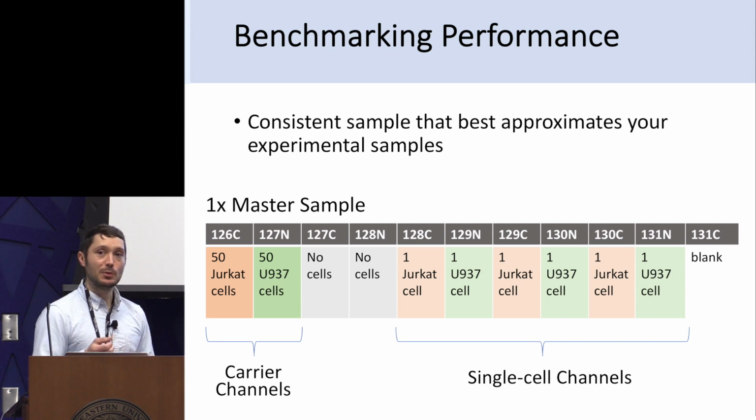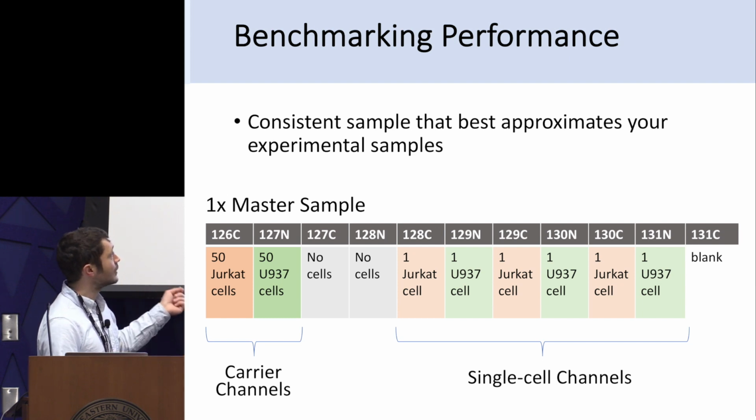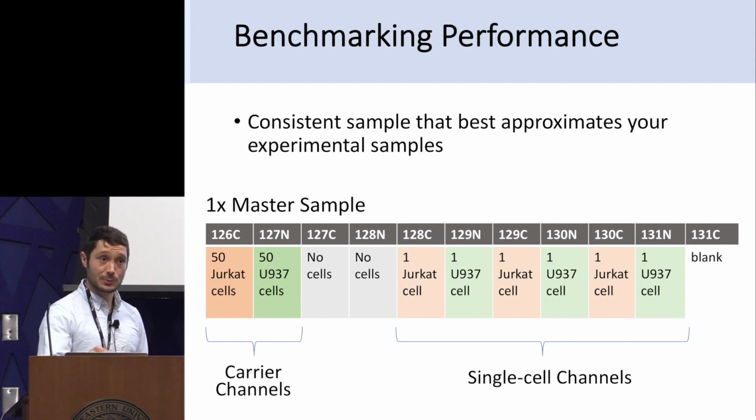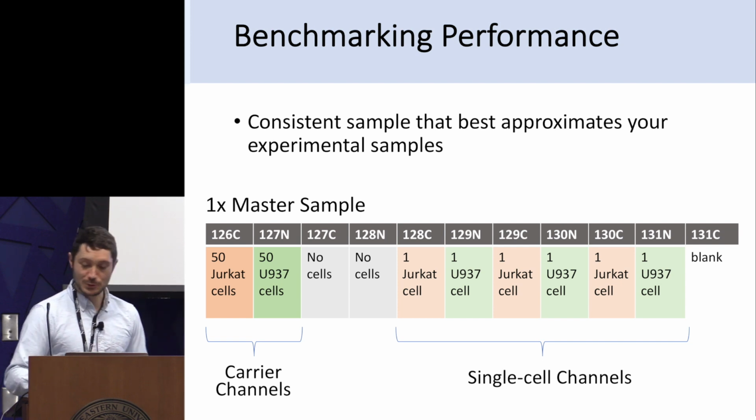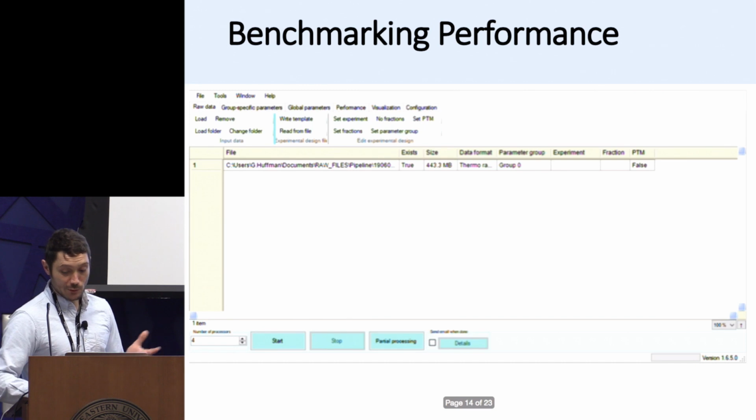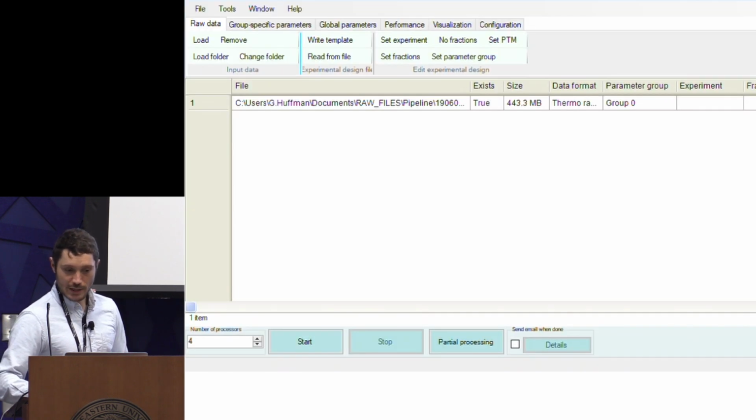Now, a lot of times people will just use BSA or some synthetic peptides or perhaps even a HeLa digest to benchmark the performance of their system. But if you really want to see whether or not your system is performing at the level that you would need it to for single-cell proteomics, it's good to use a sample that is as close to your experimental samples as possible. Now, in order to use DoMS to its full capability, you'll need to enable a couple of options